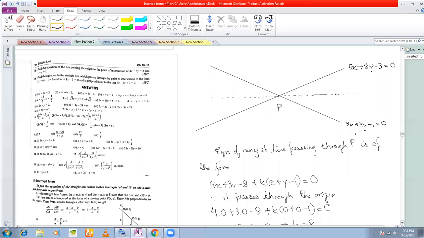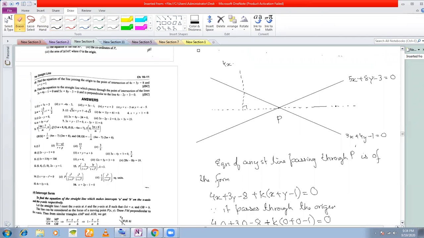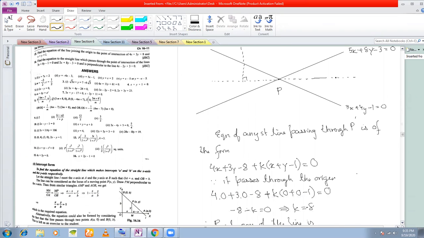Okay, and this line is such that it is perpendicular to another straight line. What is that straight line? It is 4x minus 2y plus 3. It is such a line that passes through the point of intersection and is perpendicular to this straight line. So now again we shall write in this form: the equation of any straight line passing through P is